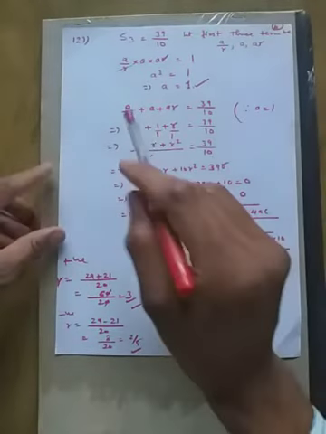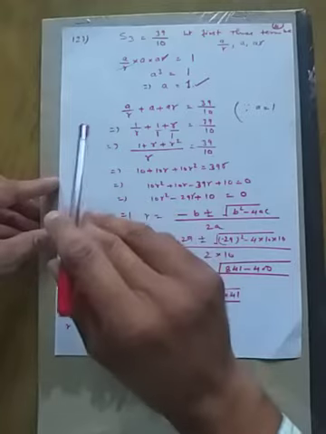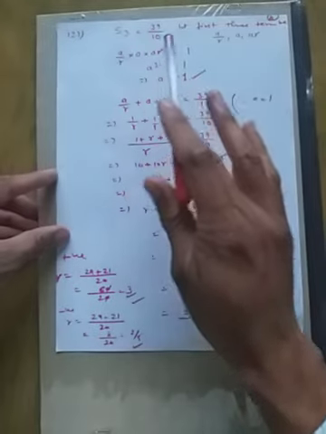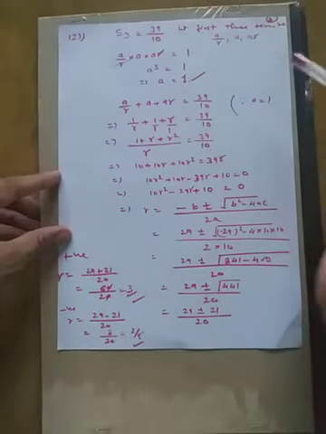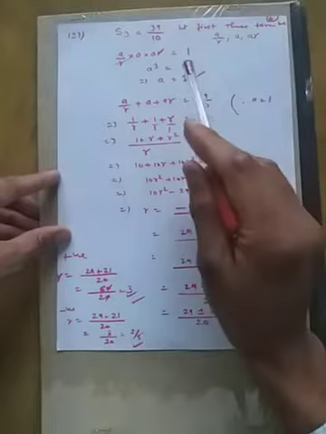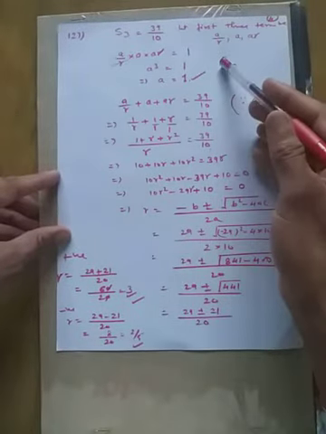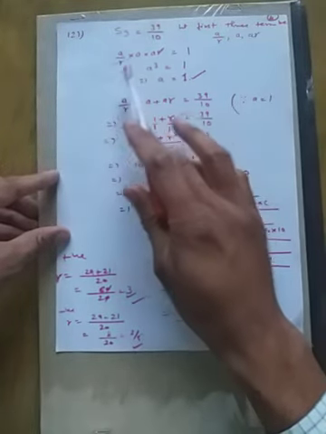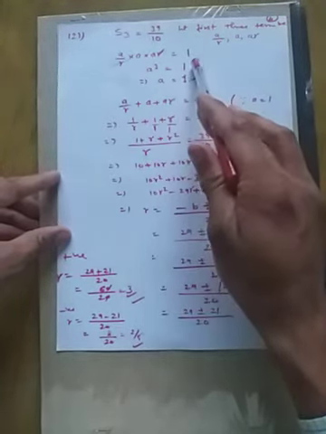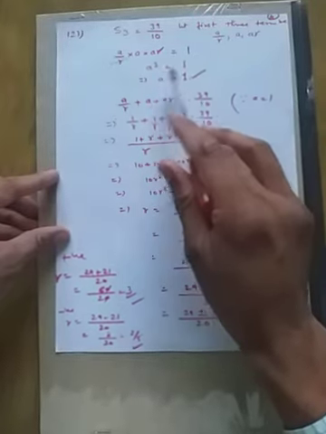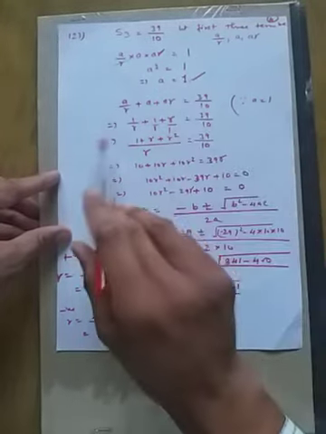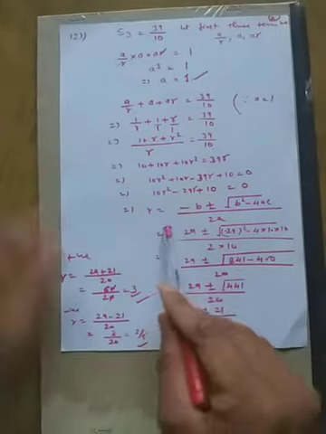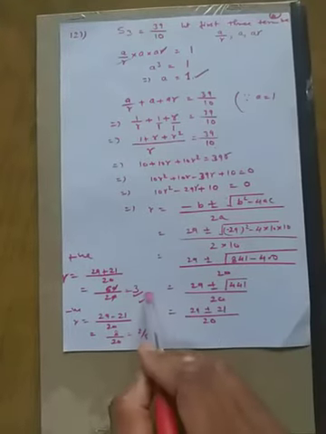Now question number 12. In this question, we have to find out the common ratio if sum of first three term is 39 by 10 and its product is 1. Let the first term be a upon r, second term a and third term ar. Therefore, a upon r into a into ar equal to 1, which is given. That is a cube equal to 1, cube root of 1 will be 1. Now sum of the three term is 39 by 10. After solving this one, by help of quadratic formula, you will get the value of r is 3 and 2 by 5.